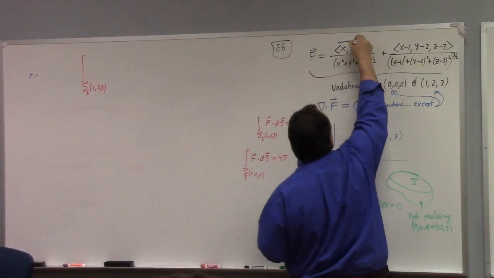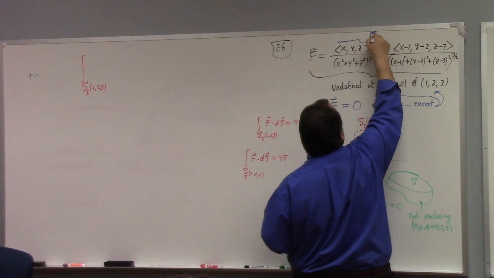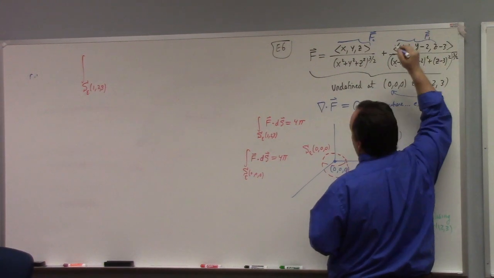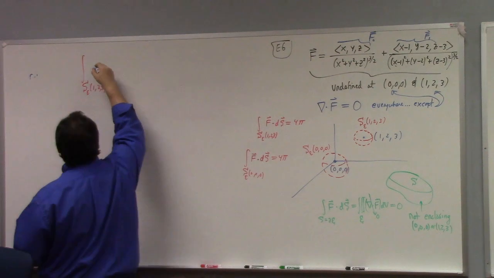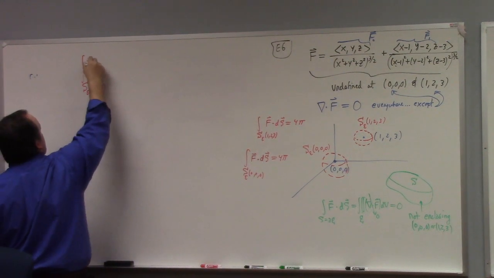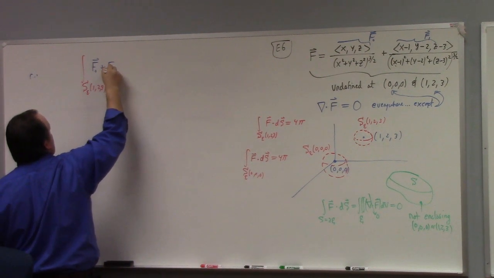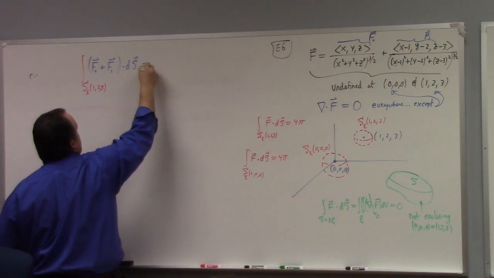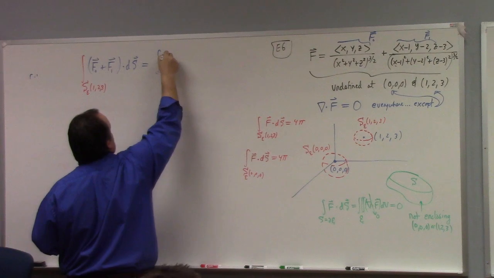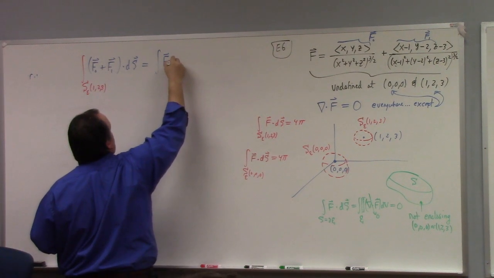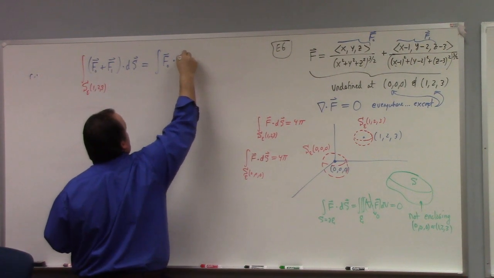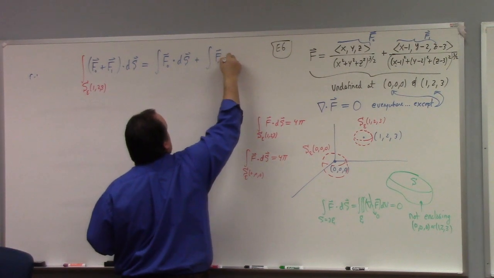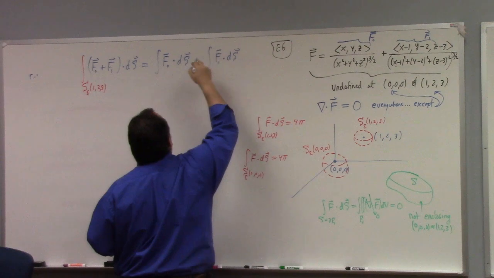Let's call this F0, let's call this guy F1. So we've got F0 plus F1 dot dS, right? But the surface integral is linear, so we can break that up. We can say that's the integral of F0 dot dS plus the integral of F1 dot dS. Now, the only way we can do this is if the resulting integrals are finite,